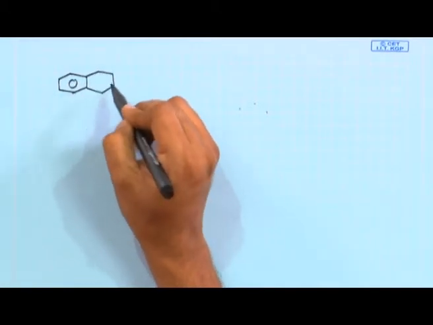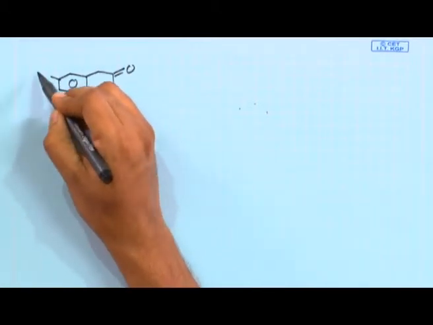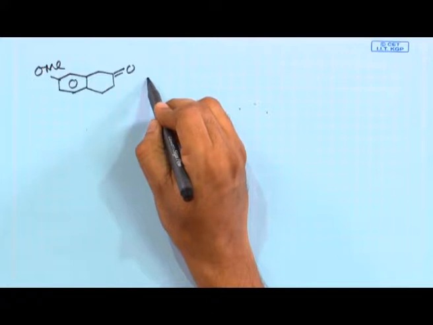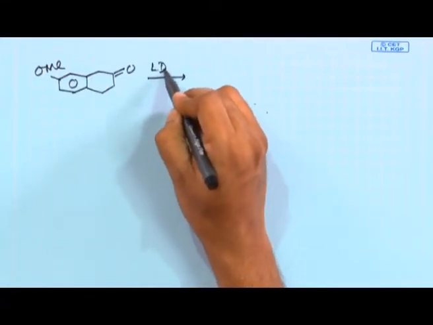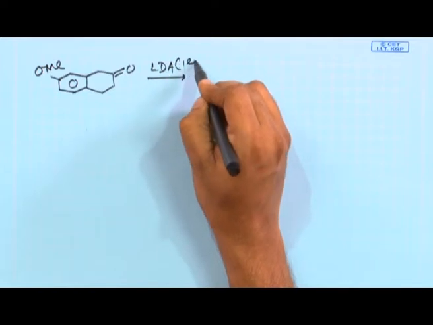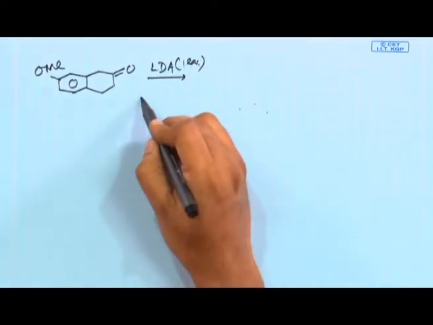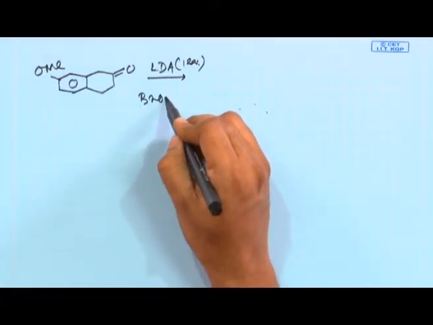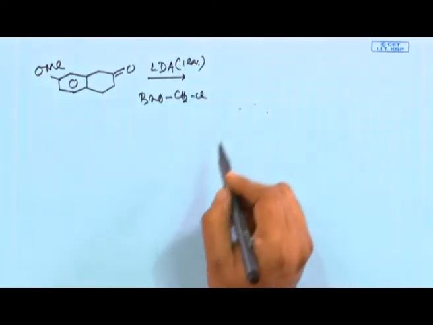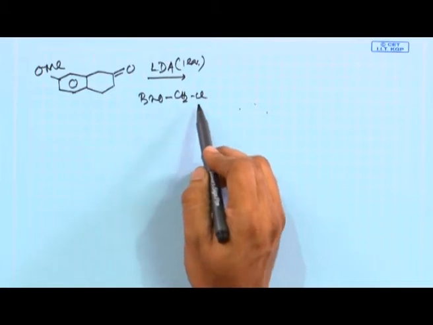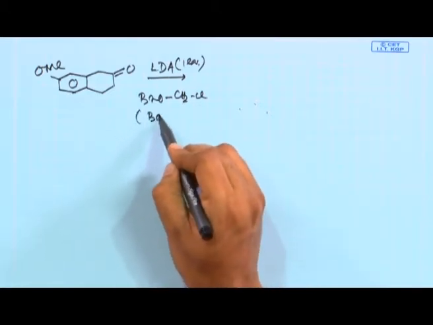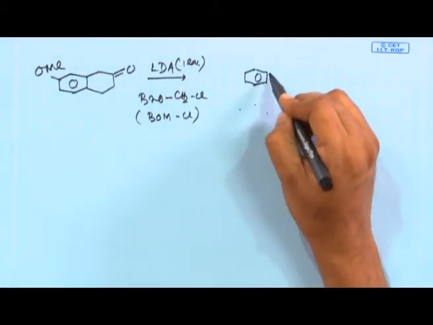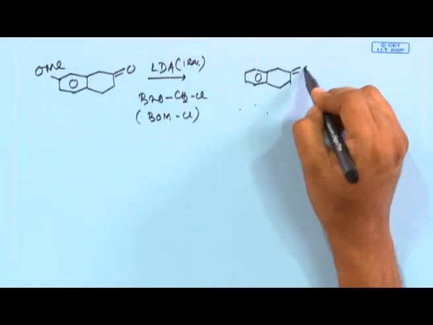The 7-methoxy tetralone derivative which you choose. I said we are doing successive rounds of alkylation. So, LDA, 1 equivalent. Now, what are the groups that need to be introduced? The first one is benzyl-O-CH2-Cl, BnOCH2Cl. This is called benzyloxymethyl chloride, abbreviated as BOM chloride. So, in the first round of alkylation we get OBn.